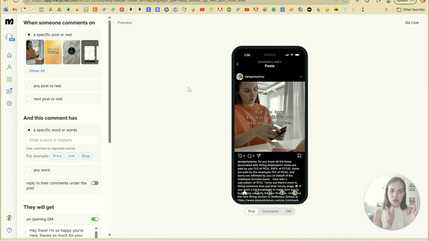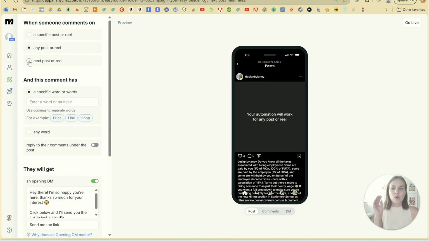Now what I love is they're going to show you, in flowchart form or in physical preview form, what this is going to look like whenever someone creates this interaction. So you can say if someone comments on a specific reel or post, and then you'll just select which one you want, or any post or reel, or your next post or reel. So you can set this up for tomorrow's post if you're interested, or for the one you're about to click send on. I usually like to do any post or reel